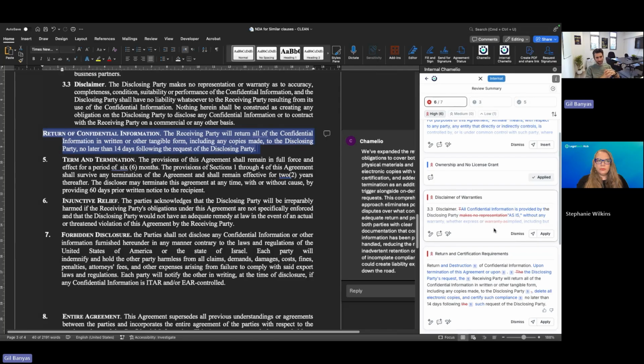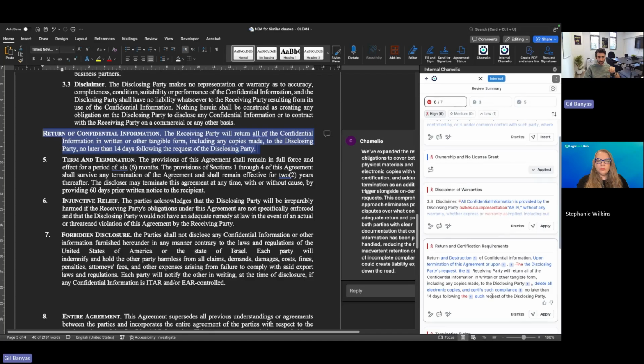A very important thing to note about Chamelio as a system is that it is always learning based on the customer engagement with the platform. Whenever you apply a recommendation, whenever you dismiss a recommendation, whenever you amend a recommendation further by removing text, adding text, or rejecting any suggestion, the system will learn. Once it gets enough insights on how you actually review agreements, it will provide suggestions on updating your playbook, adding different positions, editing existing positions, because a contract